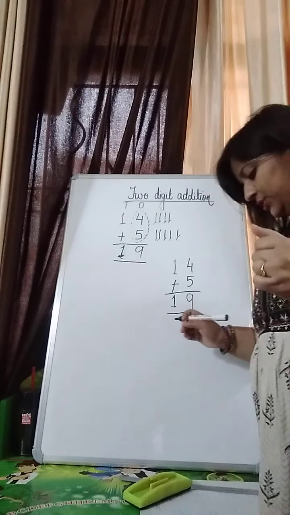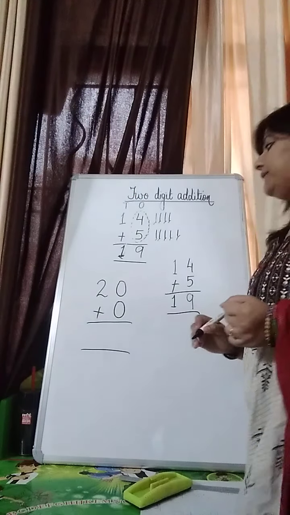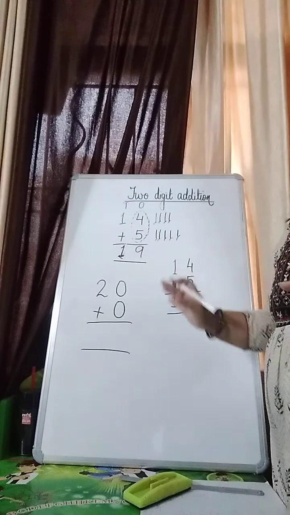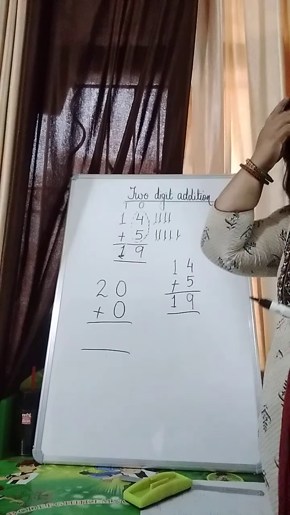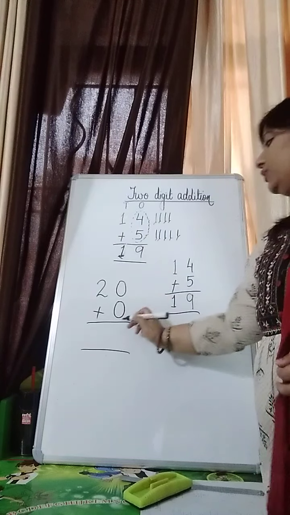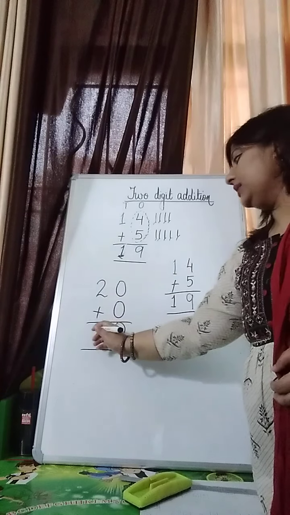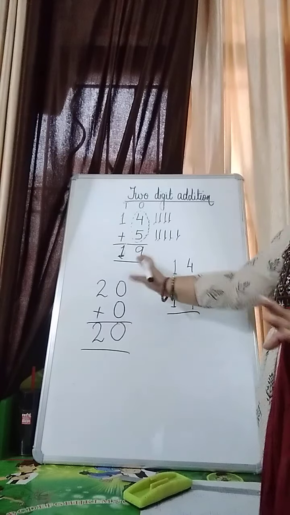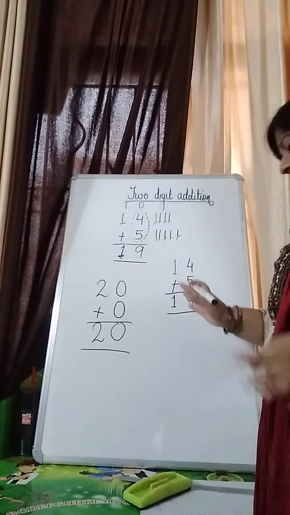Now I can also show you one more question in which 0 comes. 20 plus 0. Now you have to tell me what comes. 0 has no value. Always understand that 0 has no value at all. When 0 has no value, you put 0 over here. Simply bring it down from the top, and put 2 here. What has it become? 20. The answer is 20 only. No need of making any number line, no need of using your fingers at all.